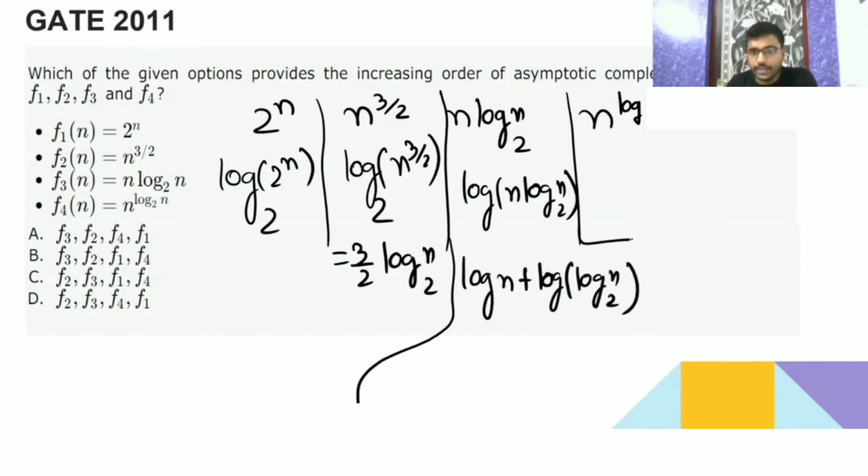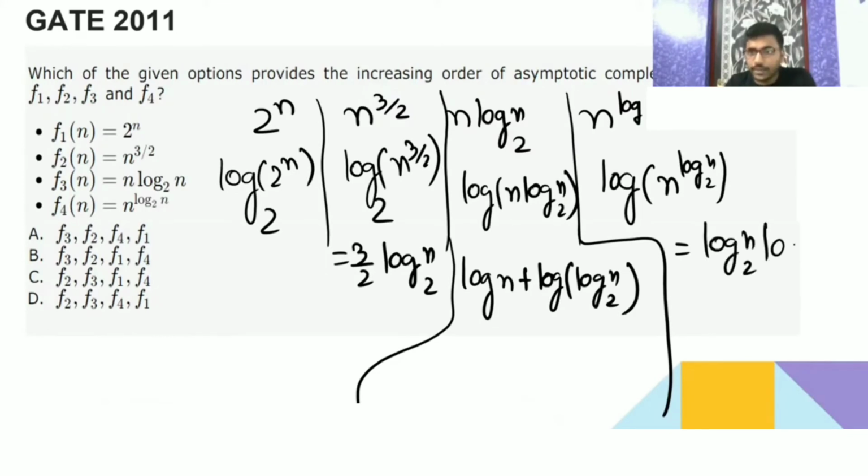Okay, and here if you take the log, this is n to the power log n base 2. Okay, you should write it. So if you take log, it is going to be n to the power log n base 2. Log n will come in the power, so log n base 2, then log n base 2. Okay, so here you are going to get n, because log 2 base 2 is going to be 1 only.